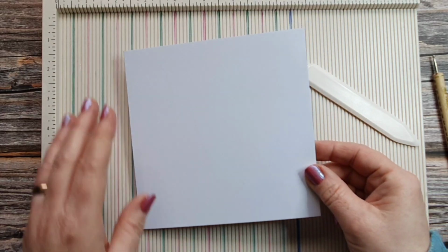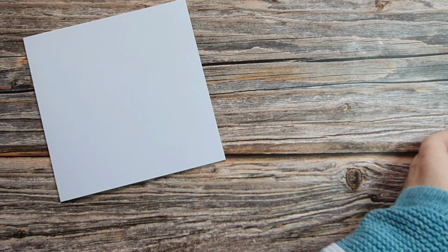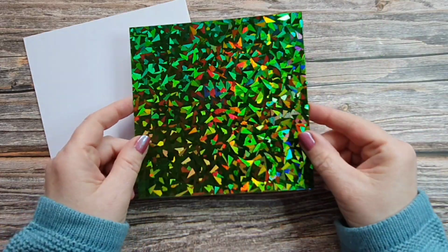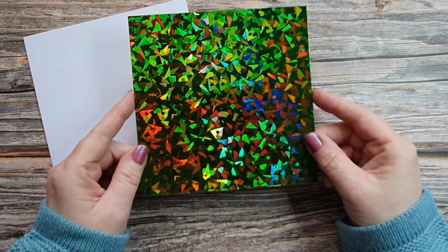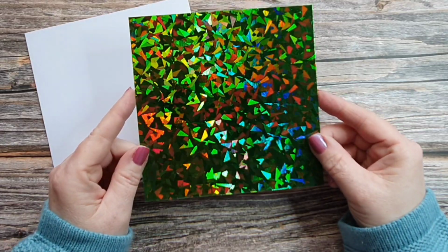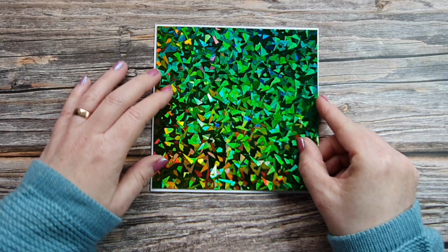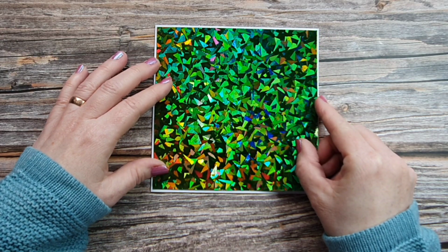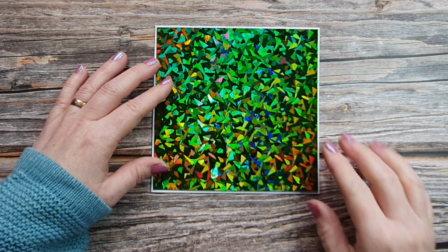Now, next we need another couple of things. I'm going to move the scoreboard out of the way and we'll go through them together. So I have a piece of holographic cardstock. This is some lovely green because it's for a St. Patrick's Day card, and this piece measures 5 3/4 by 5 3/4. And it's going to sit on there with a nice little border, a 1/8 border going the whole way around,